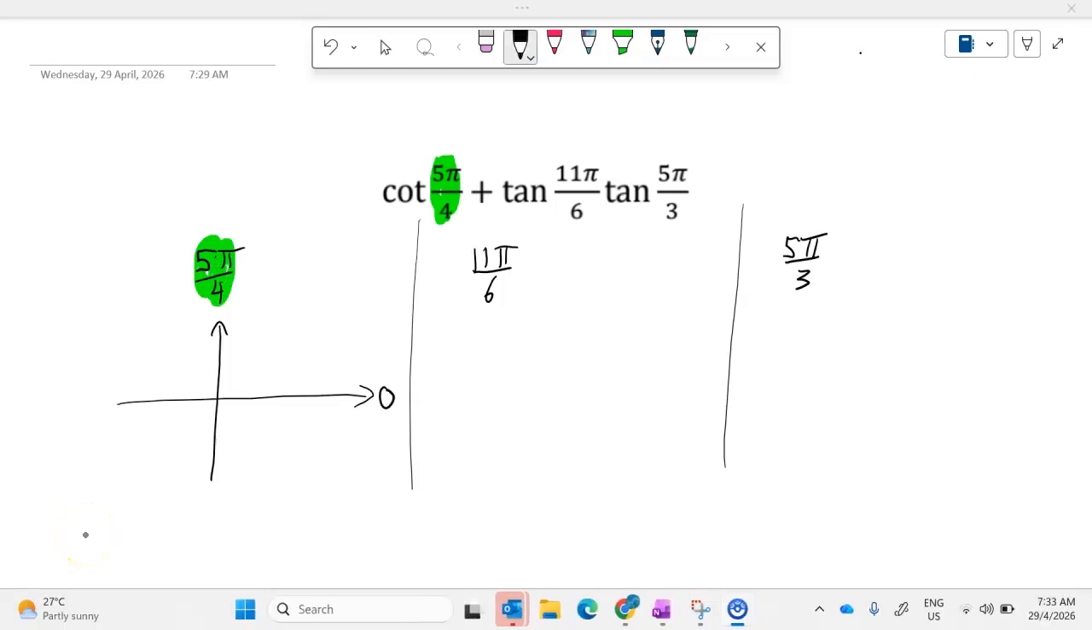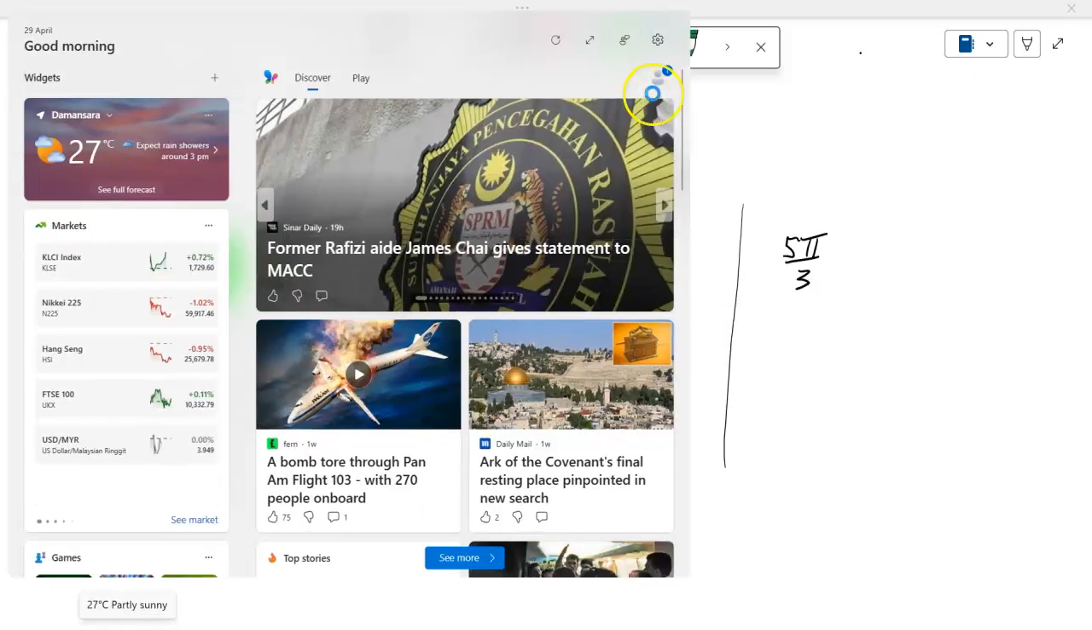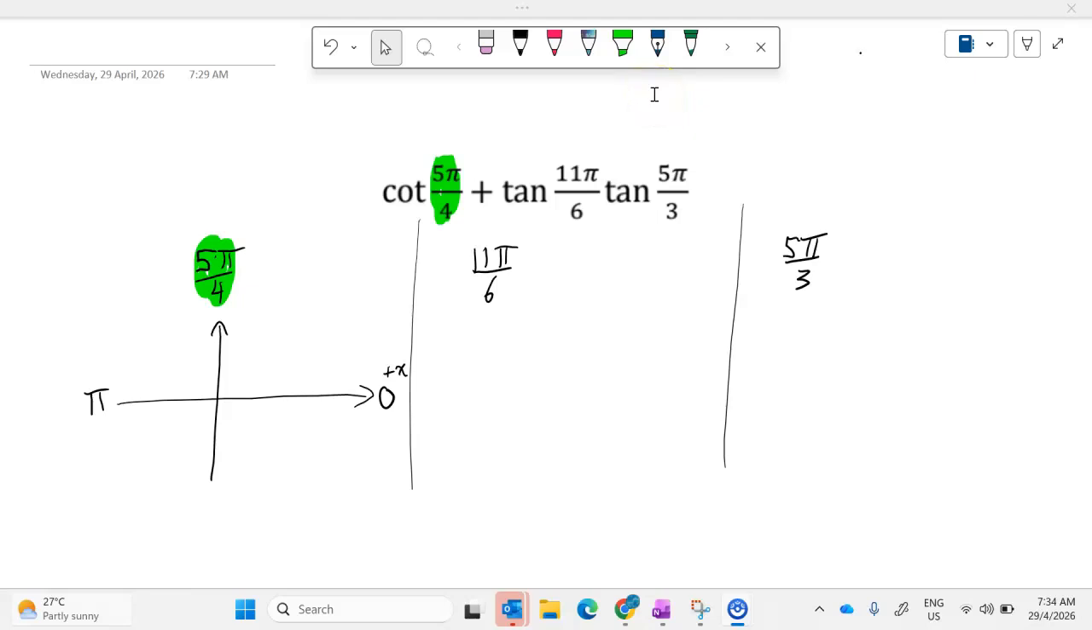We remember that we always take the angle with respect to the positive x-axis. So 0 degrees is here, and then this would be 0 radian, and this would be pi radian. We're working in radians today. So to locate 5 pi over 4,